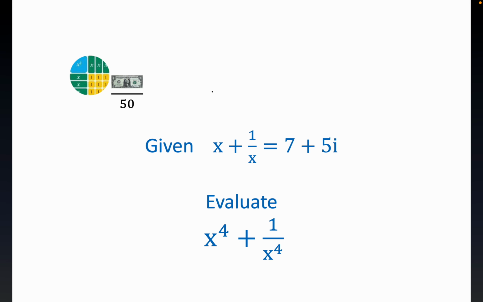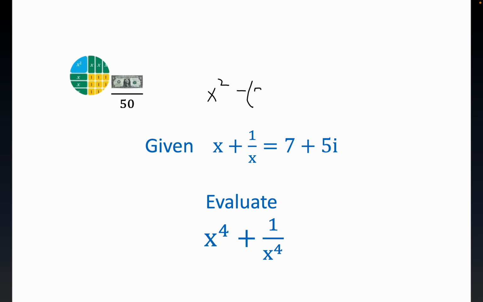Hey everybody, today we have a problem that's in the form of a number summed with its reciprocal is equal to a complex number. Now what I'm going to do is rewrite this in an equivalent fashion. We're assuming x doesn't equal 0, and it certainly can't. But if you multiply it through by x, you would end up with this equivalent